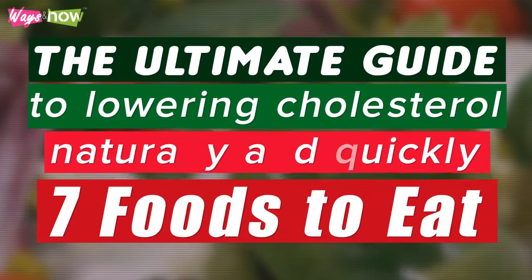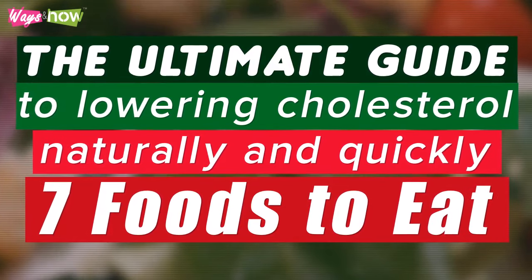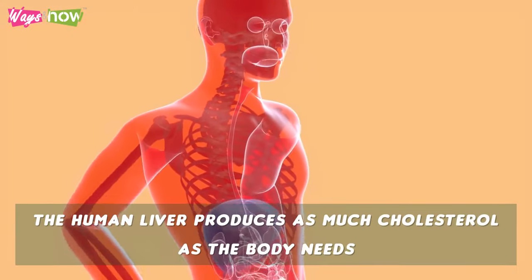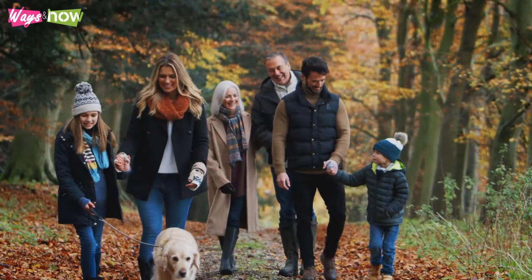The ultimate guide to lowering cholesterol naturally and quickly. 7 foods to eat. The human liver produces as much cholesterol as the body needs, but factors such as family